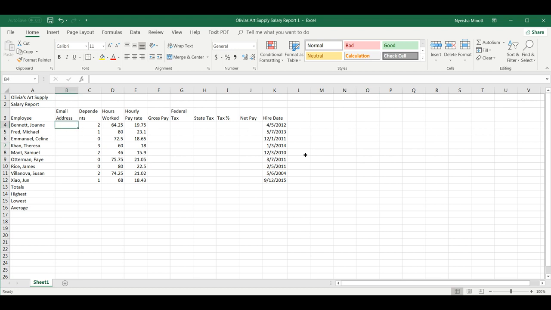Now let's deal with the email address column, column B. There's a feature in Excel that is going to help us to automatically fill in the email addresses even after we simply entered only 2 of them. It's going to pick up the pattern. We're going to click the option for flash fill, and it should fill in the remaining options. So we must first start typing the first 2 email addresses so the software can pick up the pattern. So here goes,